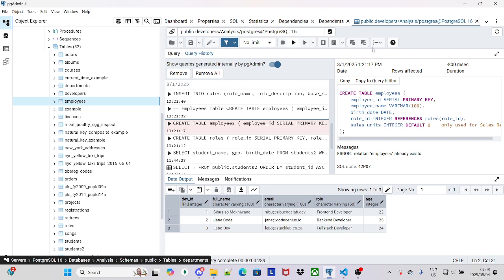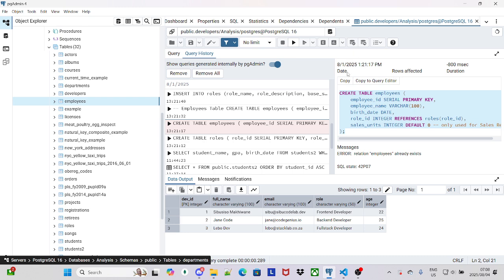Now, our first exercise was that we were given a task that we should build a business employee data system, and our task was to capture employee information, then define the roles and input employees, then the query purposes. So we created a way to store each employee's birth name, job role, role description, and role salary. As you can see here, I have the sales units, I have the role of the employee and the ID. And when I ran this,